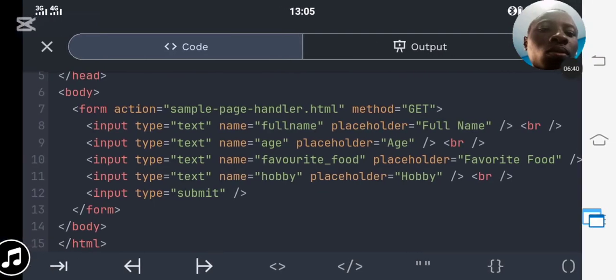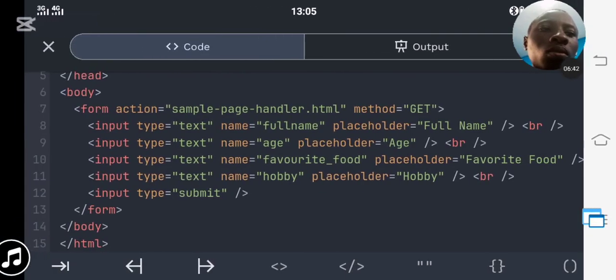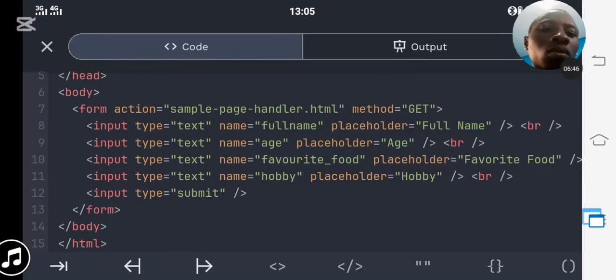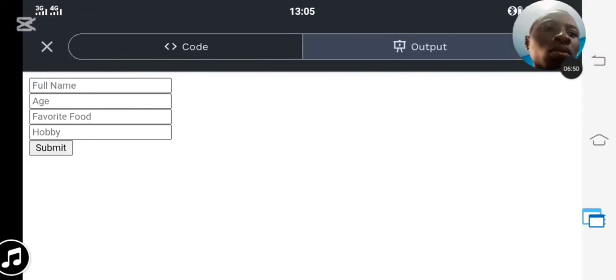So let's look at the output. We look at the output now. Here you can see the output. This is the output. Full name, age, favorite food, hobby, submit. We will not be filling that today. So now let's look at